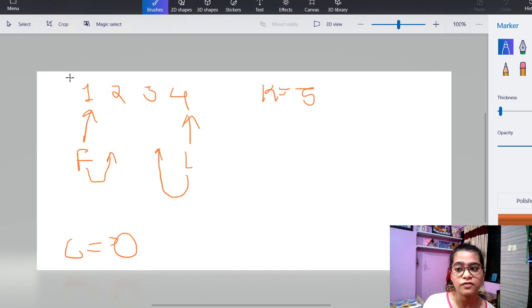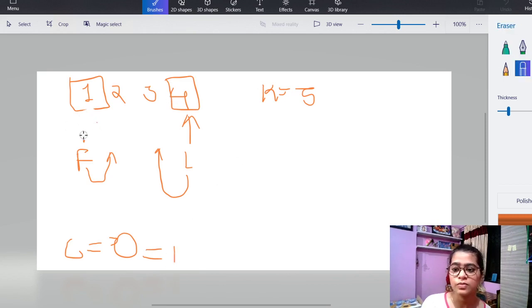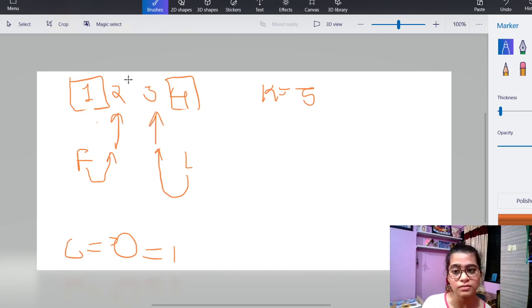As in the first comparison we have this pair 4, 1, so we will increment the count to 1. And now we will move the pointers forward and backward respectively. The first will move to 2 and last will move to 3. So this is also one pair, and the count will be increased to 2.